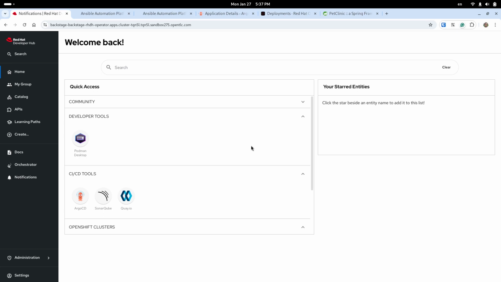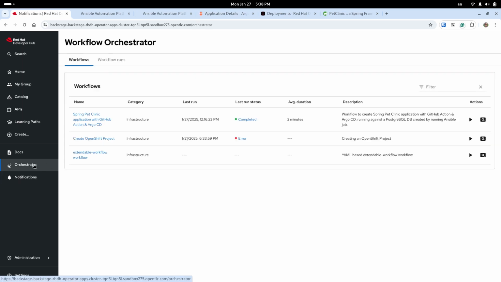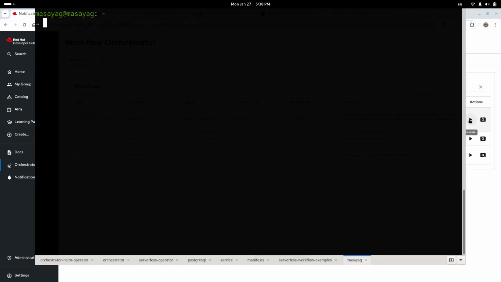So the notification plugin is here on the left side, and from time to time we will see pop-ups of events, pop-ups of notifications that will indicate the progress of the workflow itself. The Orchestrator plugin is here on the left side, and we will use the Spring Pet Clinic workflow to start the workflow execution. So let's verify that there are no deployments